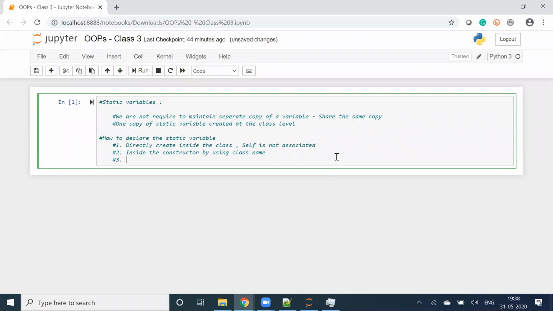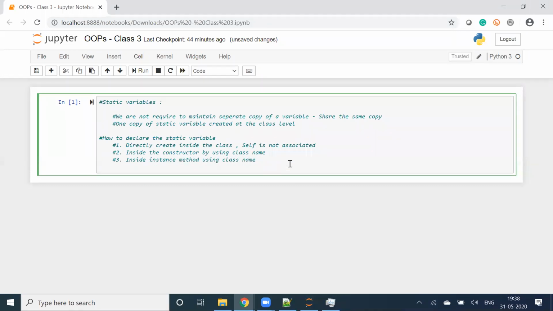Next, inside instance method by using class name. Okay, that is also interesting. Now we have to discuss what is an instance method, what is a static method, what is a class method.